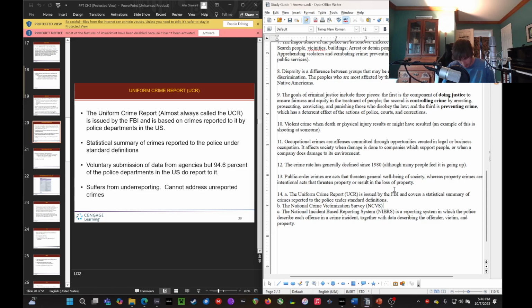Disparity, discrimination. Disparities, explaining disparities. And just reminding myself, UCR. As soon as I see the sections about the UCR, that's where I start. Crime and causation, types of crimes. It should be in this section. UCR, there's that information. Okay,